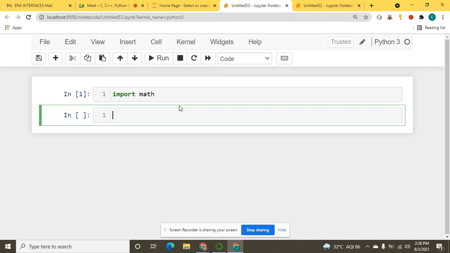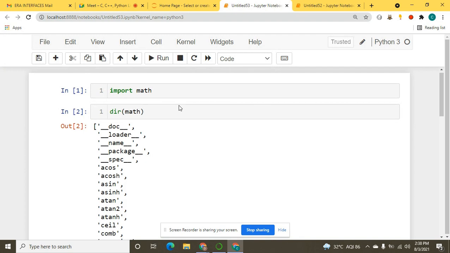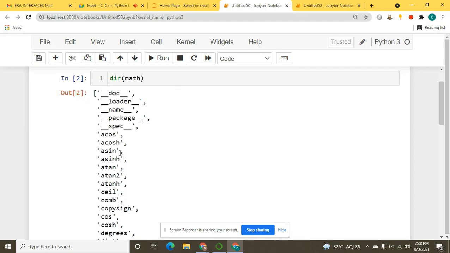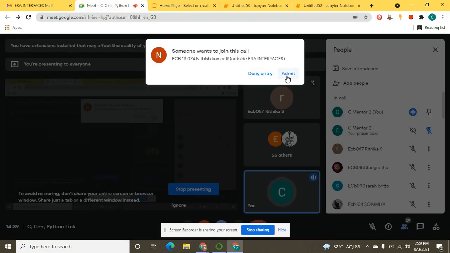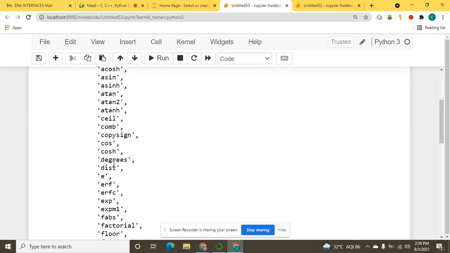Okay, now you want to use some methods and functions of that module, but you don't know what methods are there actually. So what will you do? You will simply write dir of math, of that module. When you execute that, you can see there are some classes and some method names. Whatever you want to use with this math module, you can use. There are a lot of functions. As you know, math includes a lot of functions. We know there are so many formulas by which we can solve our calculations. They are all in this math module.